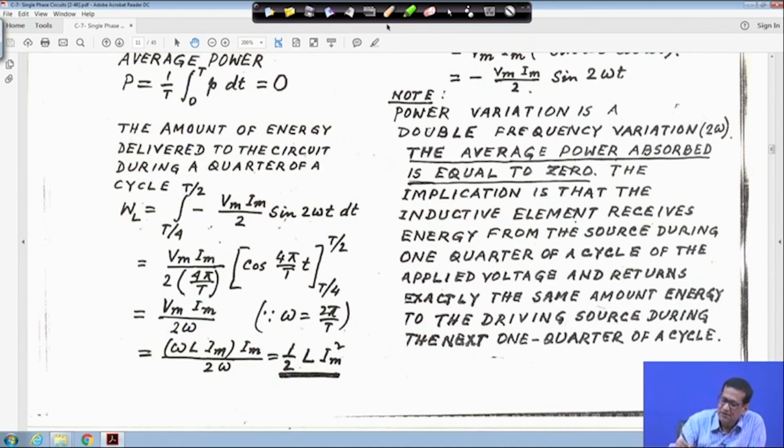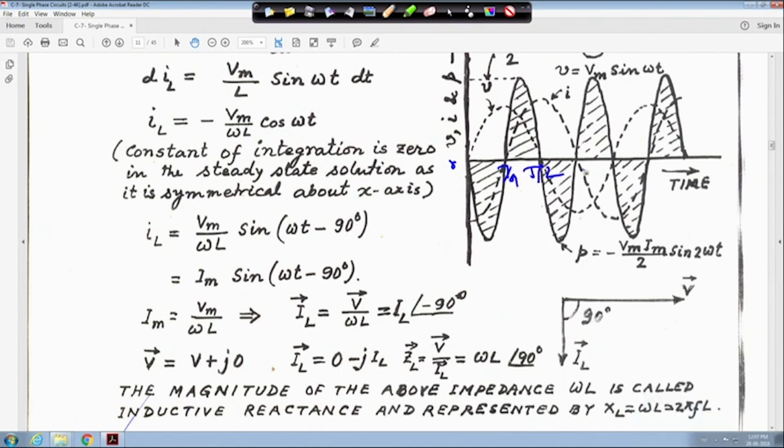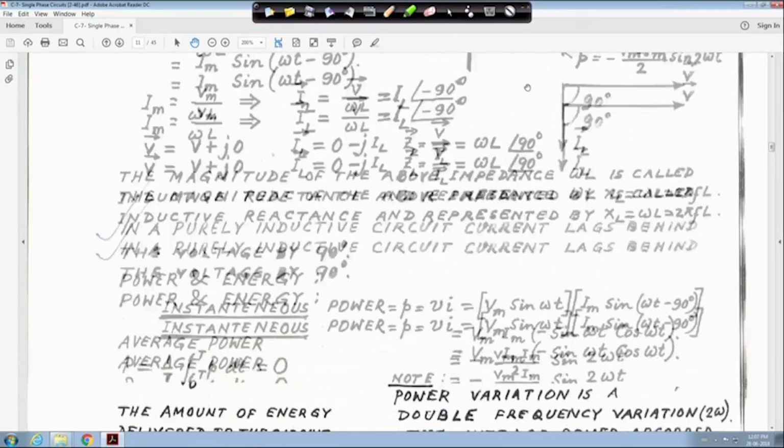And the amount of energy delivered to the circuit during this period, we will take the integration from T by 4 to T by 2. Why? If you come to this, if we take this as 0, then this point is T by 4, this point is T by 2, this is 3T by 4, and this is T, which is equal to 2 pi, right. That means we have to integrate from T by 4 to T by 2, right. Therefore,